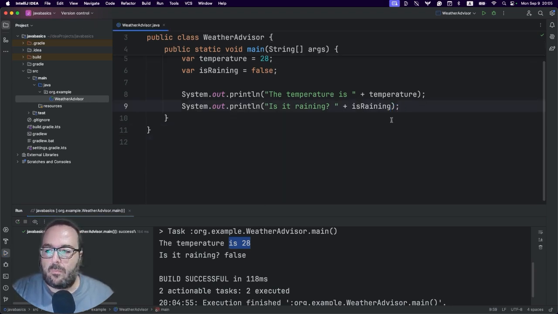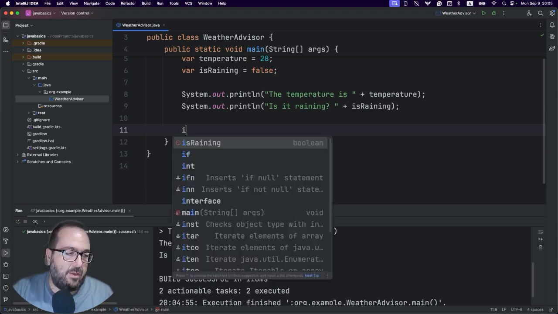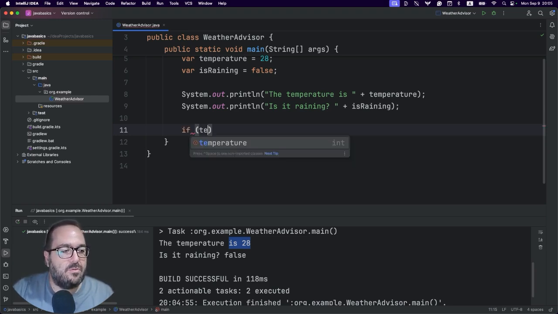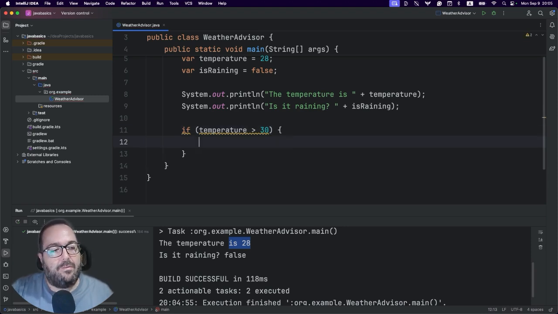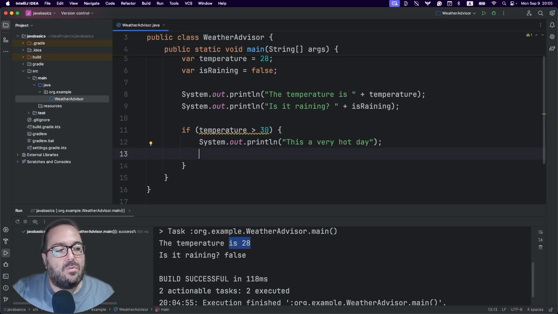Let's move on. Let's use an if statement to check a condition. So we can say if temperature is more than 30, we need to do curly braces. So if it's more than 30, we are going to execute the code that is between the two curly braces. We are going to print something out. And inside we can have a nested if statement, right? It doesn't really matter, we can have as many as you need. So we can say, okay, the temperature is over 30, which is okay.